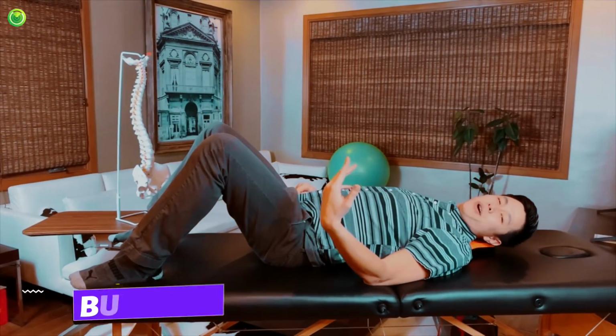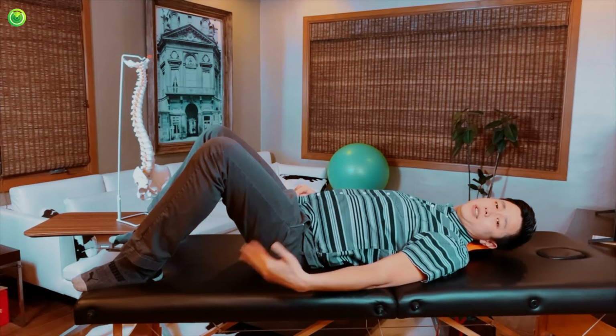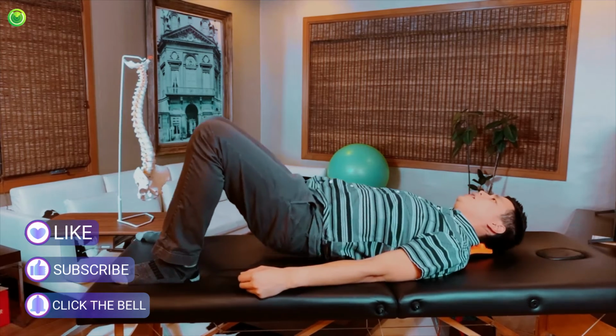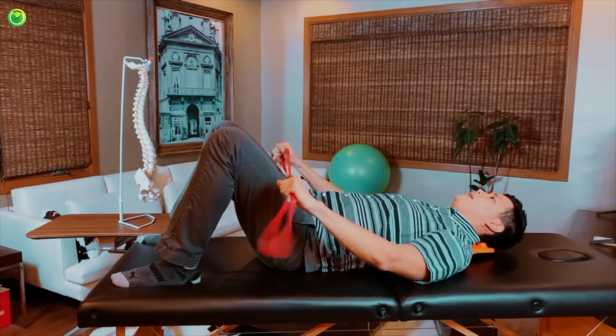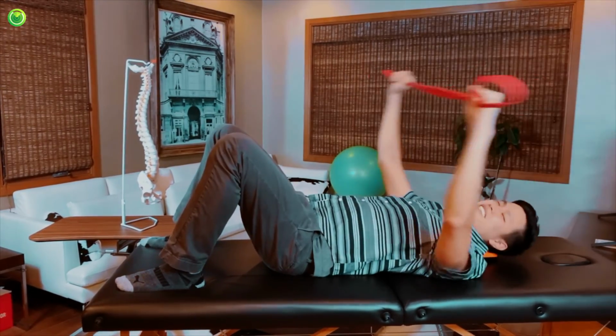So you can use the Trigger Point Rocker in 2 different ways. The first, to release your pain and to relax. The second is to get stronger. I can do body weight exercises, or I can incorporate a resistance band for resistance activities. What's nice is that you can use this